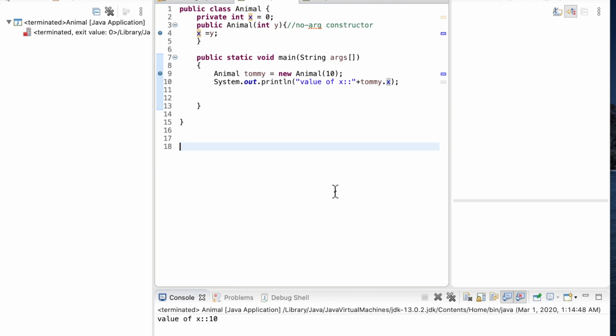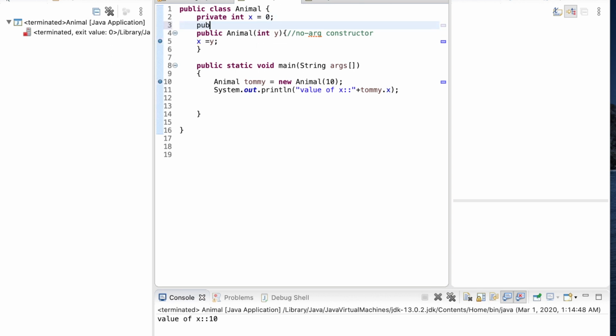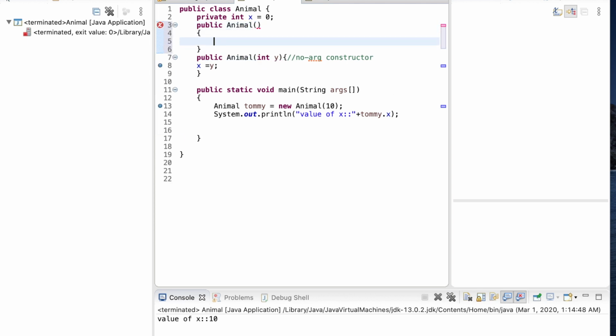So now let's move on to the next example, and that is constructor chaining. For constructor chaining, you can use this method and super method. Both these methods are used inside the constructor to call another constructor. This method is used to call the constructors in the same class. So if I have a default constructor here, like public animal, this is my default constructor, and I'm using this(5) inside this,